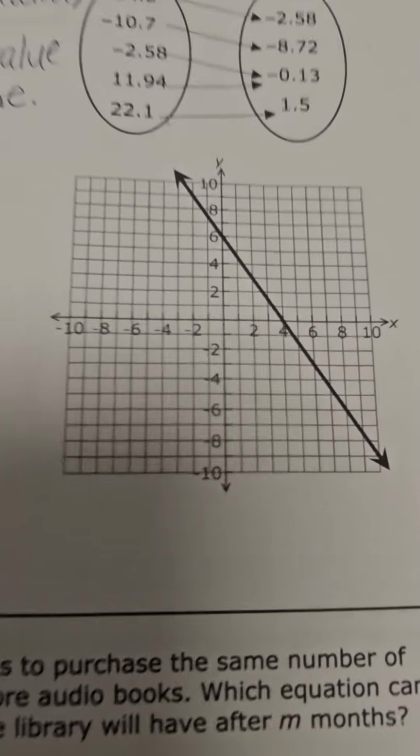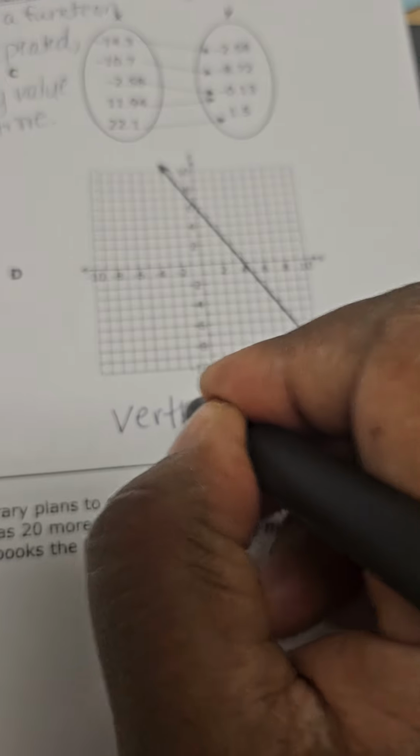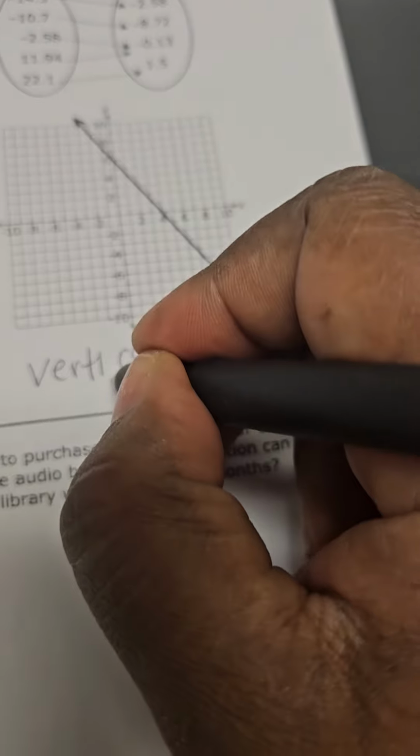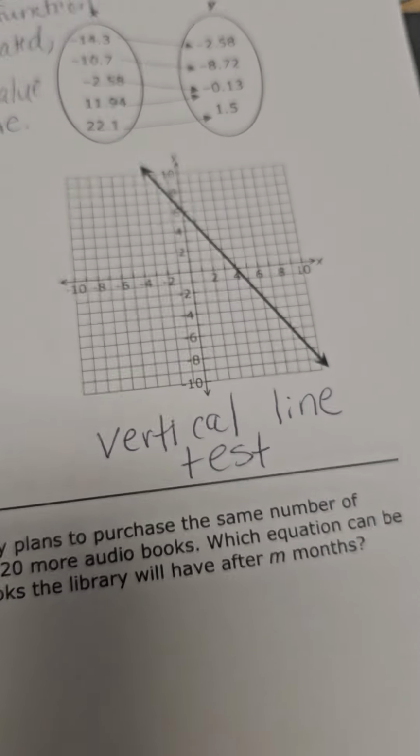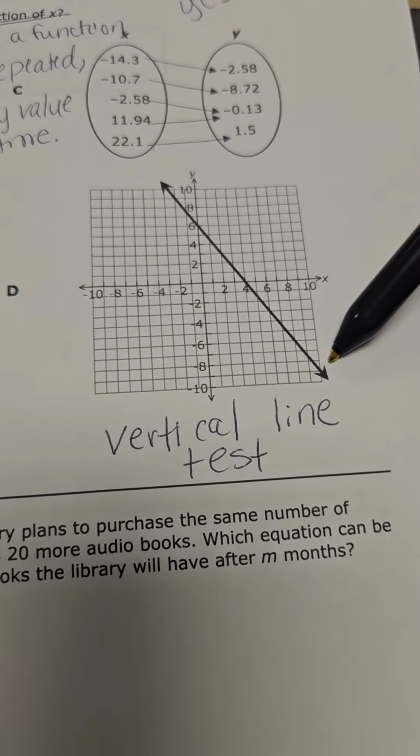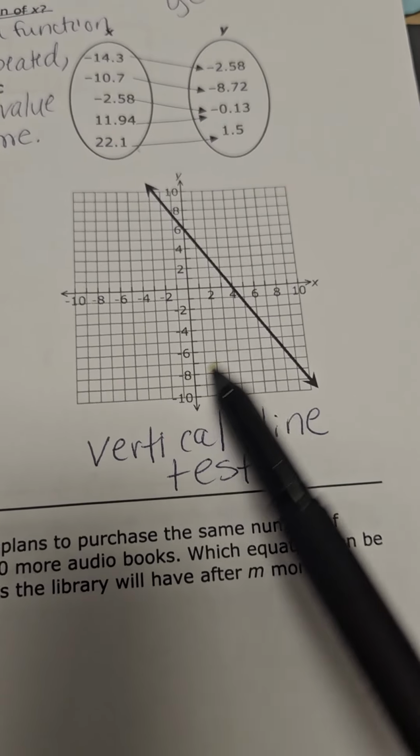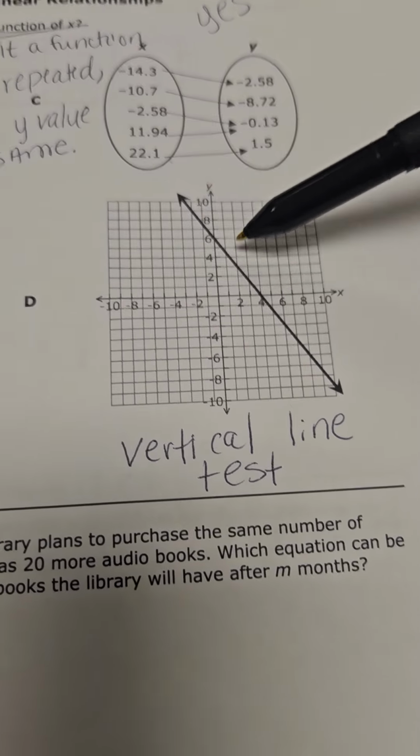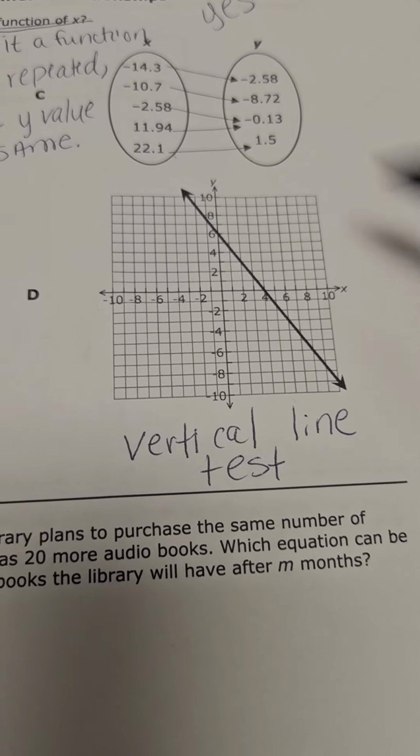And then finally, when we have a graph, we do something called the vertical line test. And what this means is this is your graph. Remember that this is the grid. This is not the graph. All these little lines is the grid. You want to draw a vertical line through the